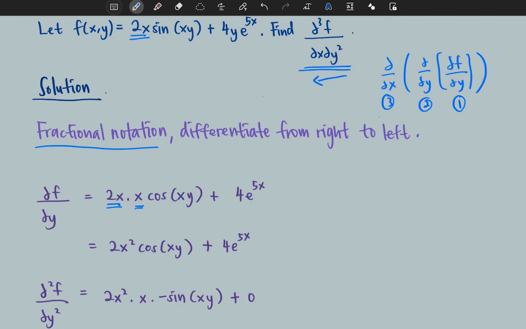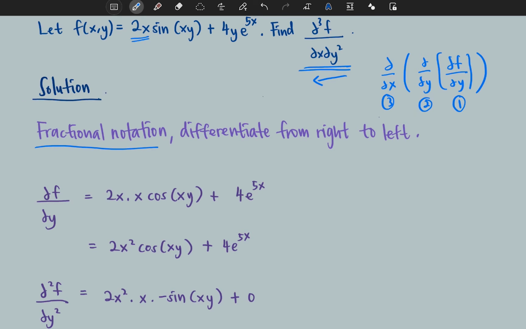Differentiate sin is cos. Okay, so right now, del f over del y is equal to,